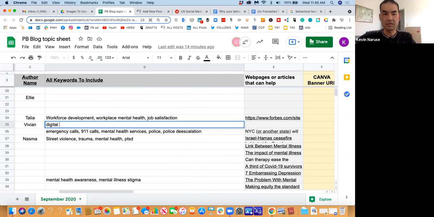Digital health is a good one because people need that for digital health and we're all about that, telehealth. Or even better, digital mental health. You might even want to include mental health just to cover all the bases, because somebody does a search not for digital but mental wellness or mental health awareness, and maybe you'll show up.